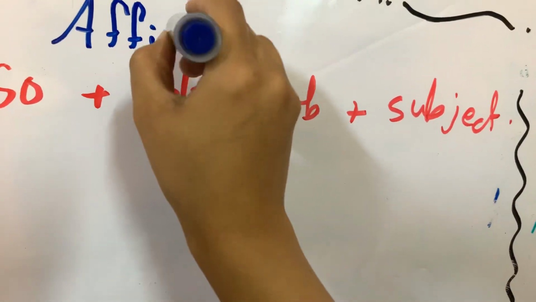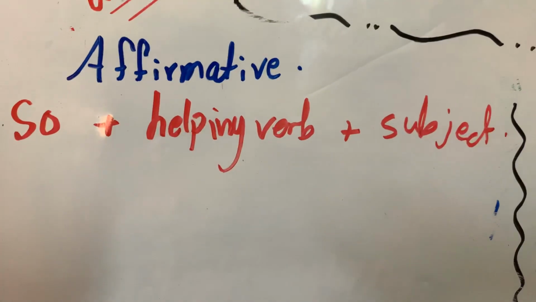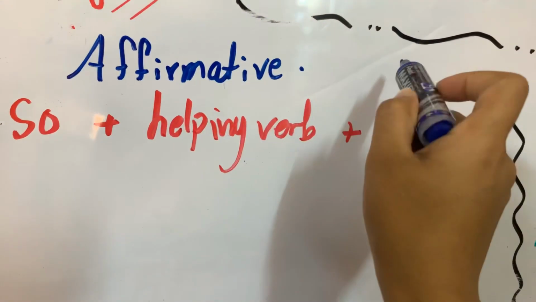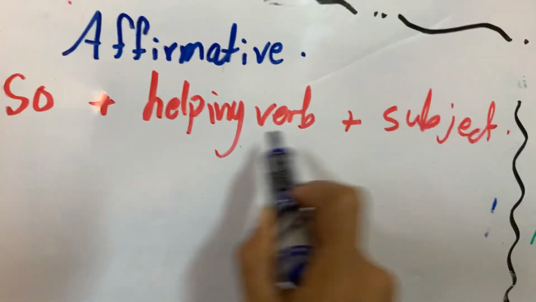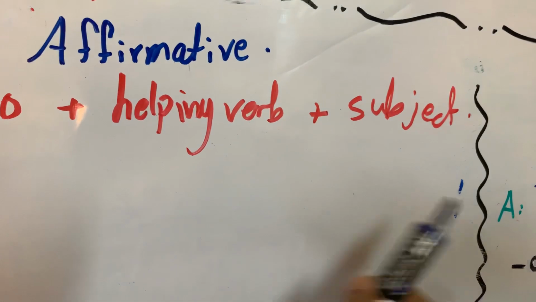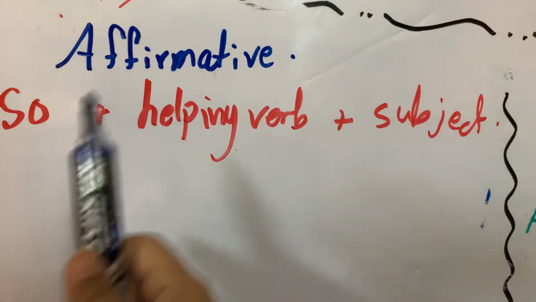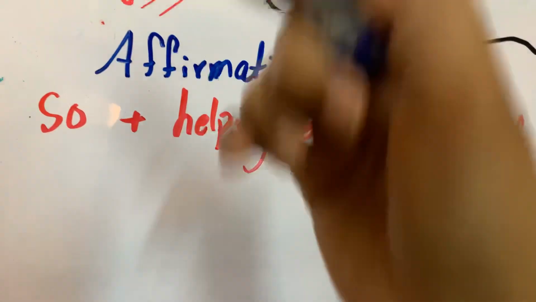What does affirmative mean? It means it doesn't have no. If the sentence is affirmative, we will use so, helping verb, subject. For example, so am I, so do I, so can I, so have I, so did I, according to the